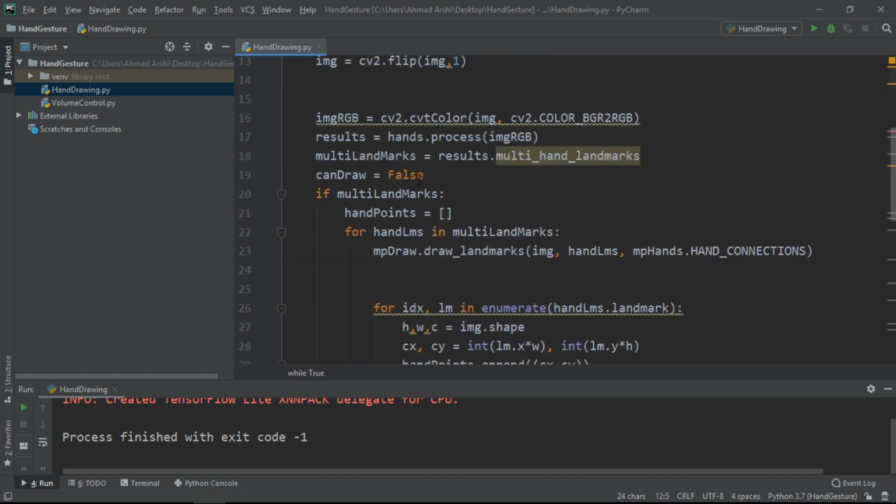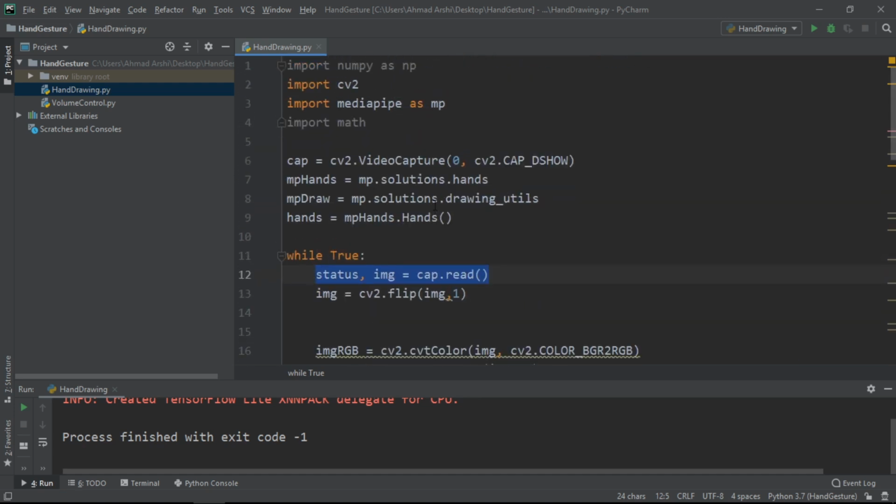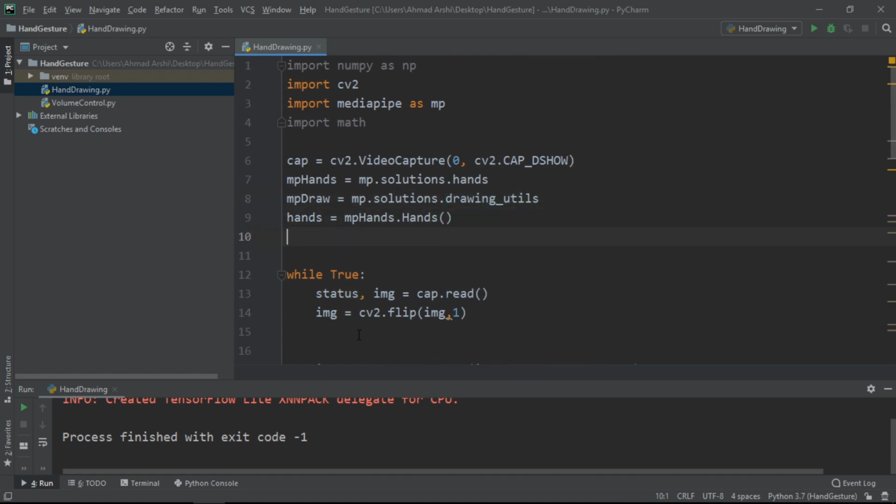So we have to keep the image as it is, and we will try to draw an additional image on the canvas, and then we will simply map those together. For creating the canvas, we need to go all the way to the top. Don't try to declare it inside the loop, because otherwise the canvas and the image will both be reinitialized in every while True loop, and we won't be getting anything. So we have to declare it over here. Let's just make it imgCanvas.